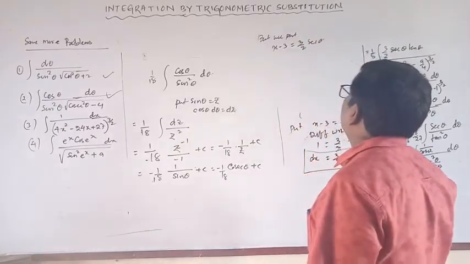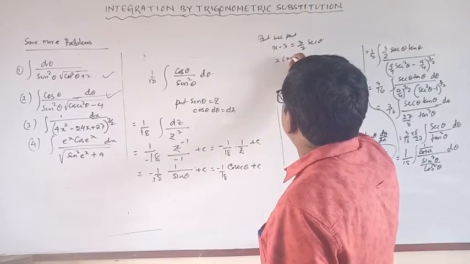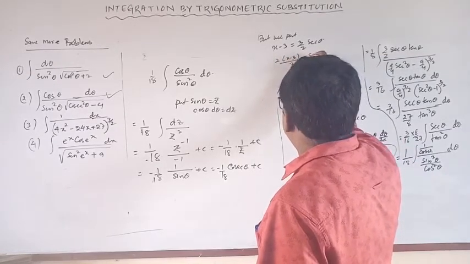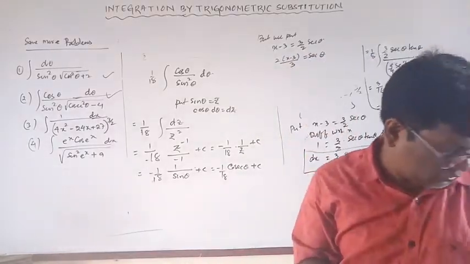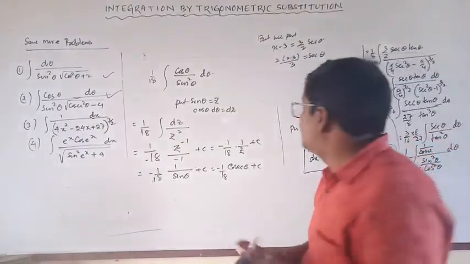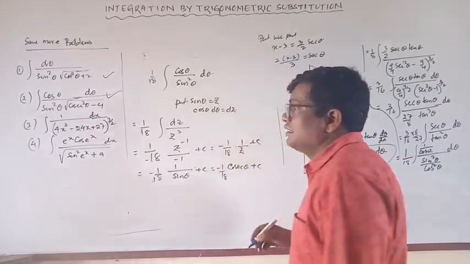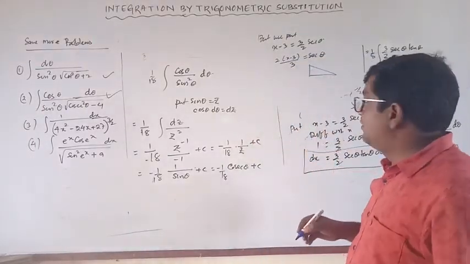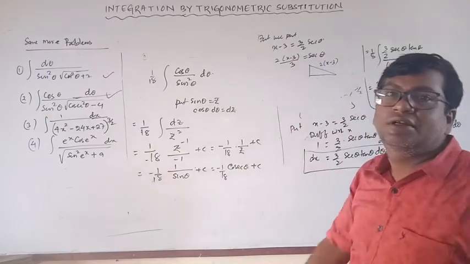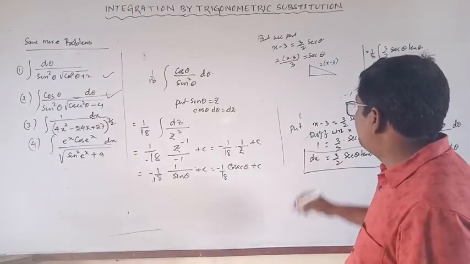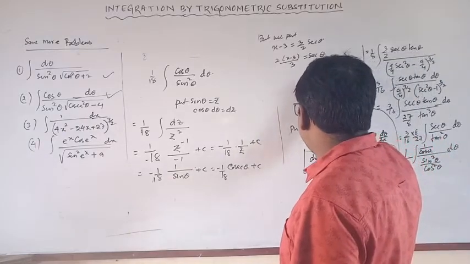Okay, now this is equal to what? This is equal to 2 into x minus 3 by 3 is equal to sec theta. Now what is cosec theta here? Cosec theta, sin theta, this is sec theta is equal to what? H by b. H means what? 2 into x minus 3, and b means what? B, h by b, 3. Now this is h and this is b.